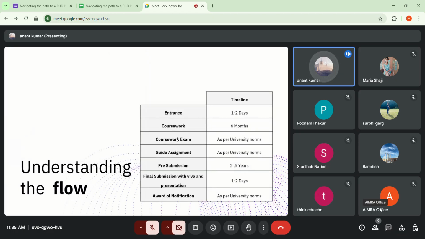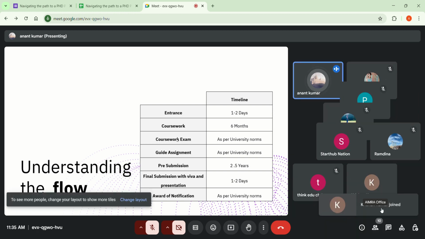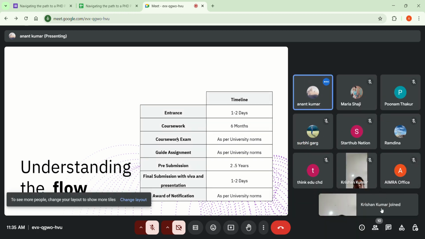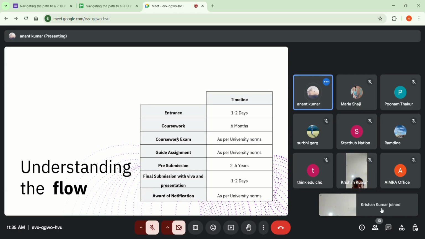Okay, so what is the flow? The flow starts with the entrance. After the entrance, there is coursework for 6 months, which is mandatory for everybody. After coursework, there is a coursework exam which you have to clear. After completing the coursework exam, you are assigned a guide.